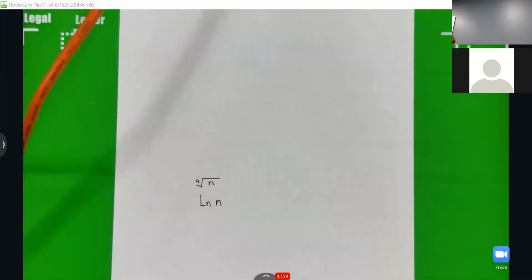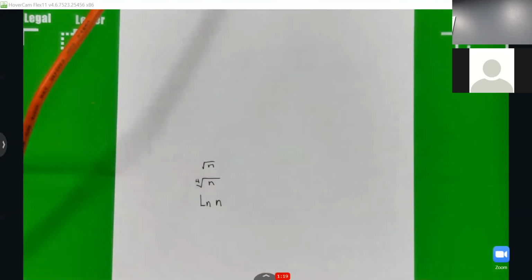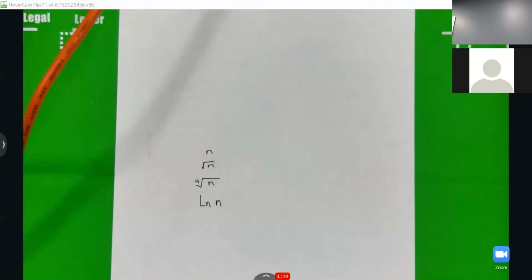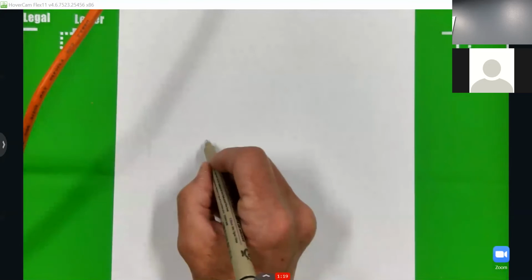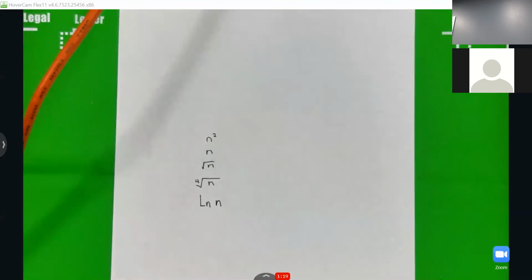How does the 4th root of n compare to the square root of n? The 4th root of n is smaller when I'm talking about counting numbers. So the square root of n would be a bigger number than the 4th root of n, where n to the first will be a bigger number than the square root of n. And then as I increase the powers here, it gets larger. So as I go to n squared, n cubed, n to the 4th, n to the whatever,